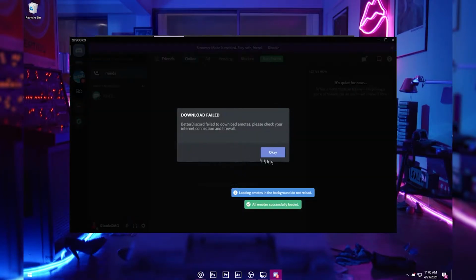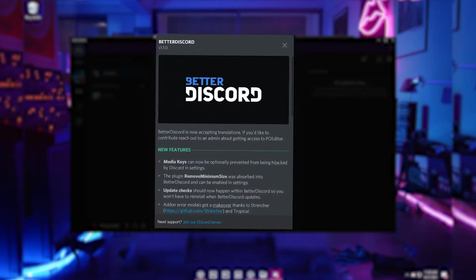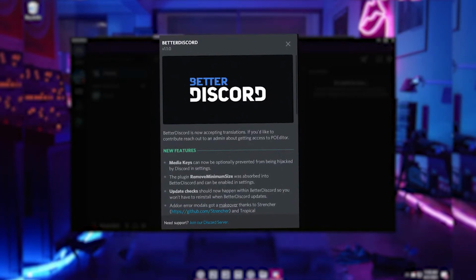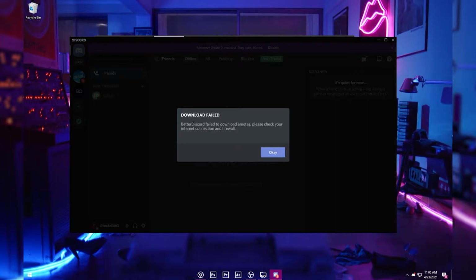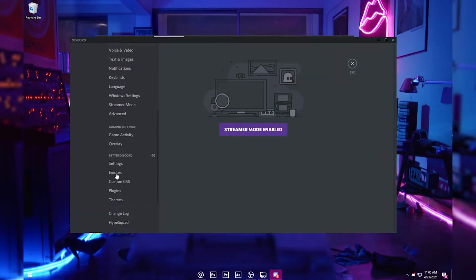Okay, so once you open up the Discord, it will show a box, and I will put a screenshot of that. If you get that message, it means you successfully installed the beta Discord plugin. It will also show a download fail. I don't know why it shows that, but just skip it because it works perfectly fine. So click OK. Right, and now you want to click on user settings right here, and now you will see